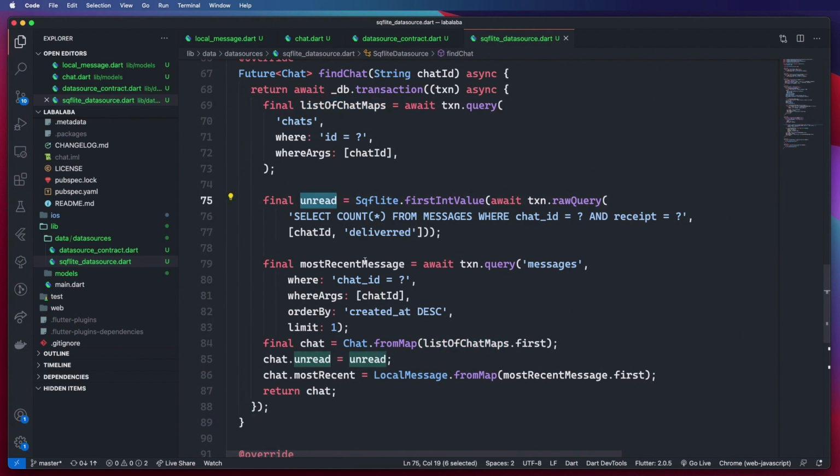And then we find the unread messages for those chats. So again, we'll use this sqlite helper method first int value, and we'll pass in a raw query that says select count from messages where the chat ID is equal to the chat ID that we passed in, and the receipt is equal to delivered. So basically what's happening is we are counting on the database the number of messages that are unread for this